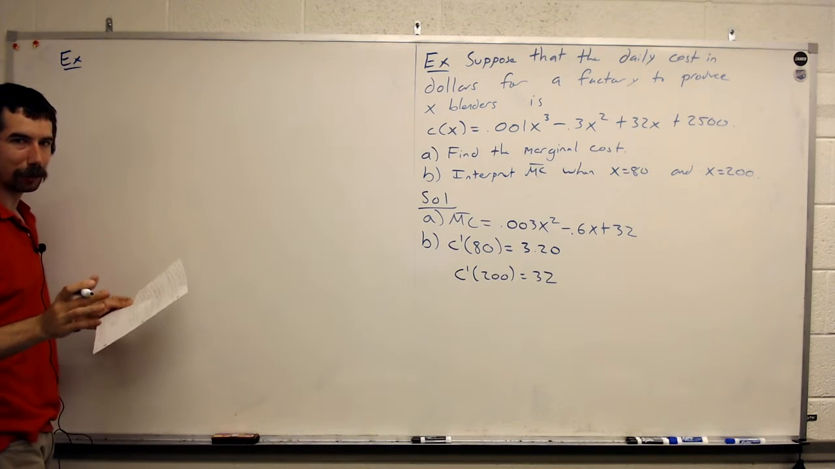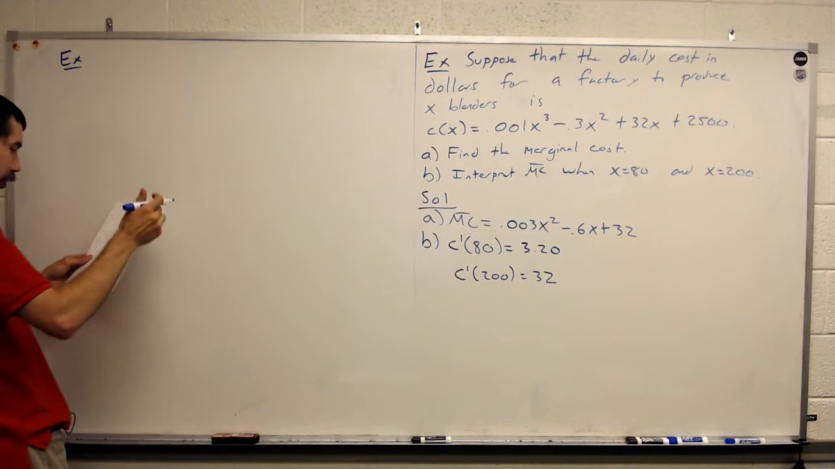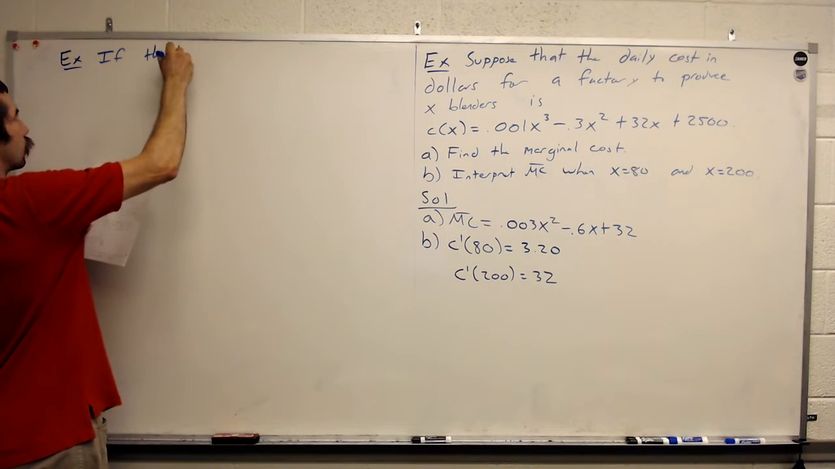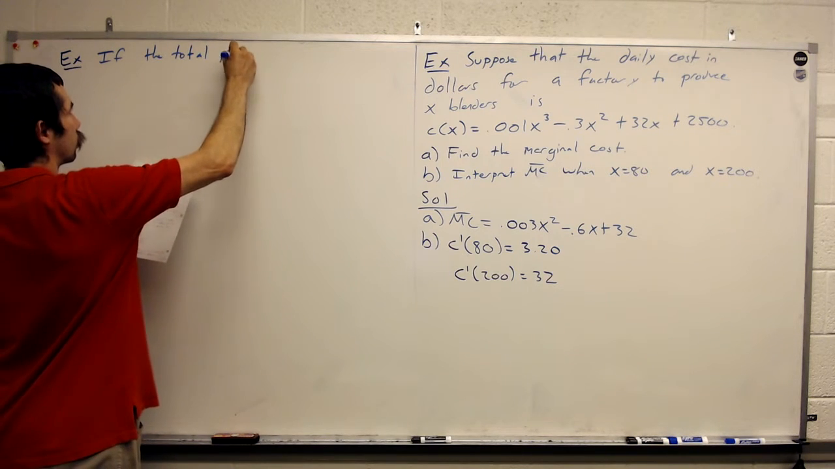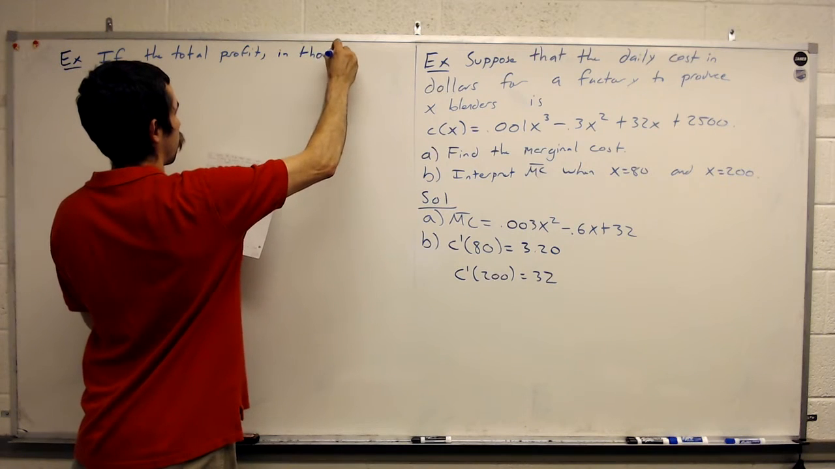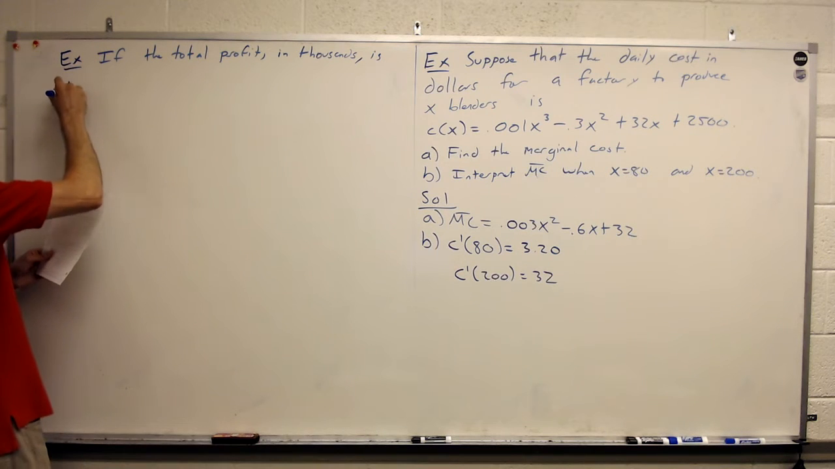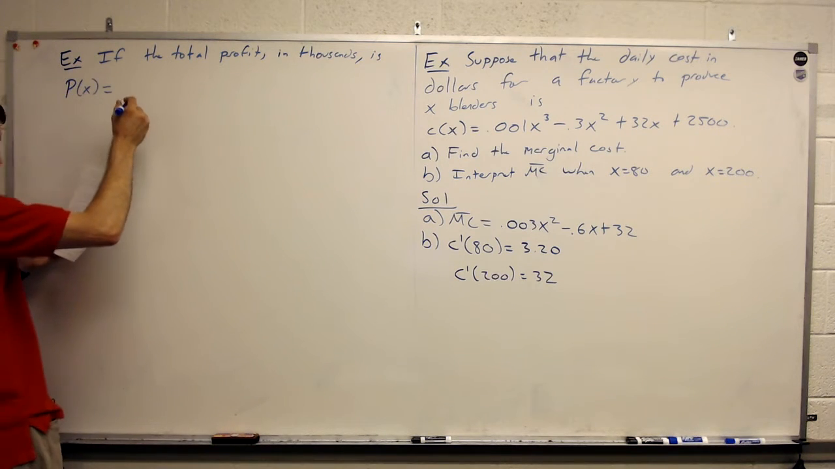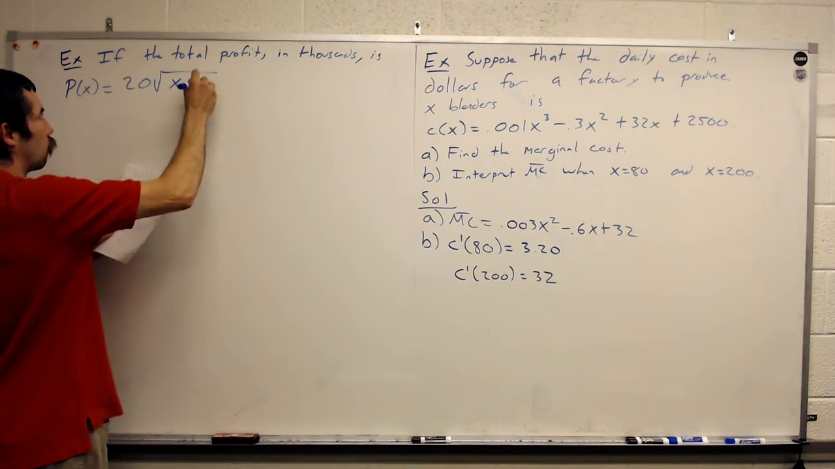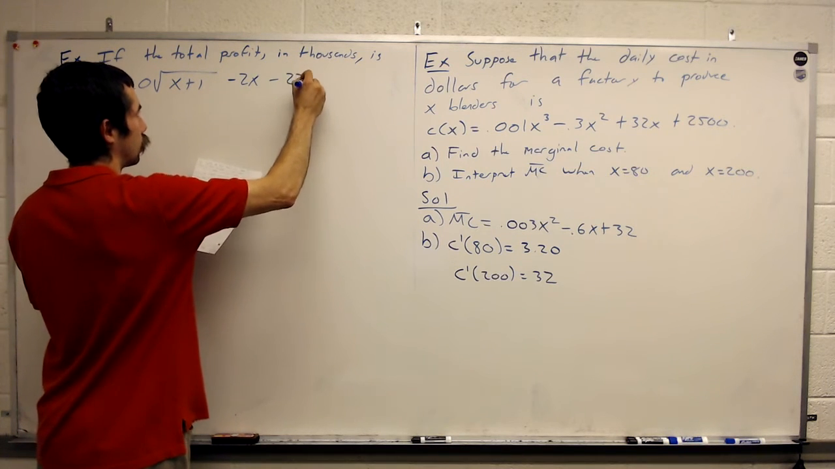Everybody's stressing about a square root. Don't stress about a square root. It's just the same thing as something to the 1/2 power. All right, so if the total profit in thousands is given by P of x equals 20 square root of x plus 1 minus 2x minus 22,